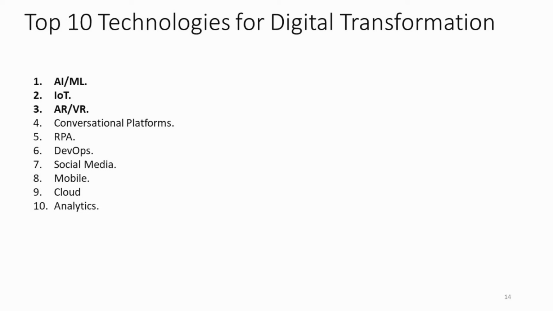There are a number of technologies that are key to digital transformation. The top 10 that I consider important are listed on this slide. At the bottom of the list are the SMAC technologies: social media, mobile, analytics and cloud, which are already mainstream. Again, in my book, I have given several examples on how to leverage them in the context of digital transformation.